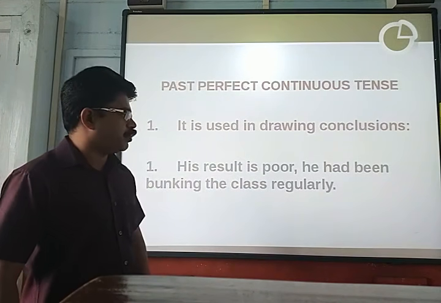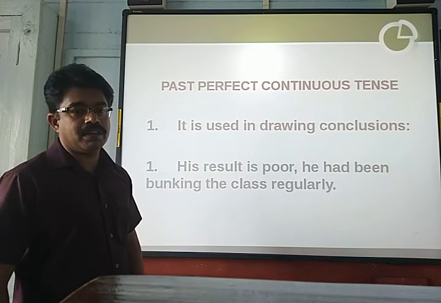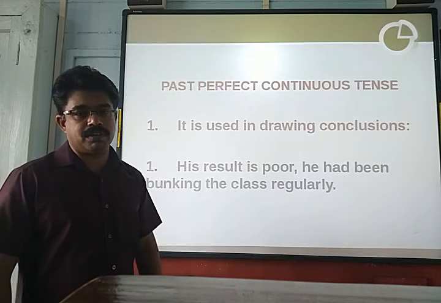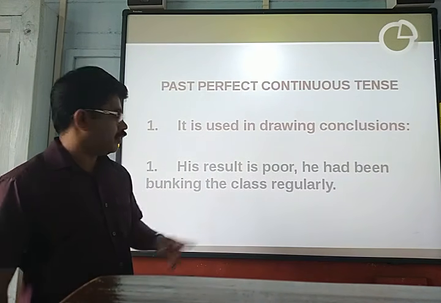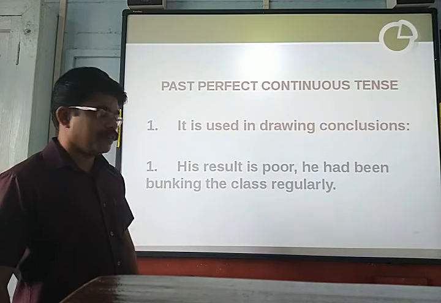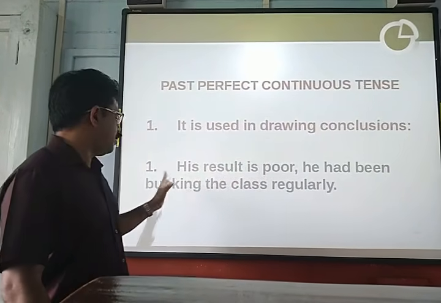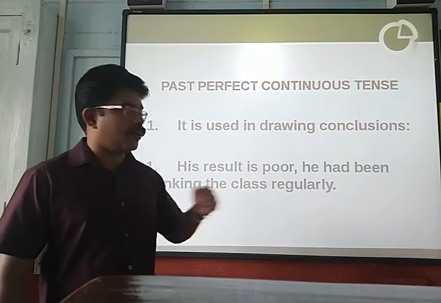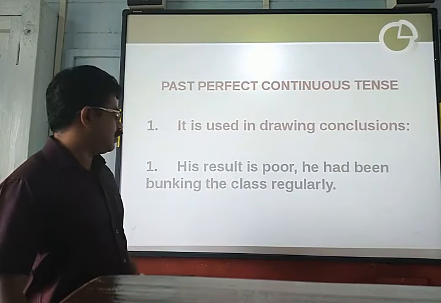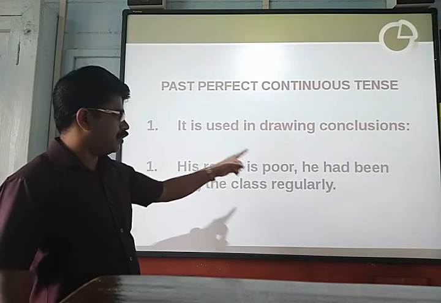His result is poor. He had been bunking the class regularly. Why is his result poor? Because he had been bunking the class regularly. So that is an explanation. He had been bunking the class regularly, so his result is poor. The reason is he had been bunking. So, activities